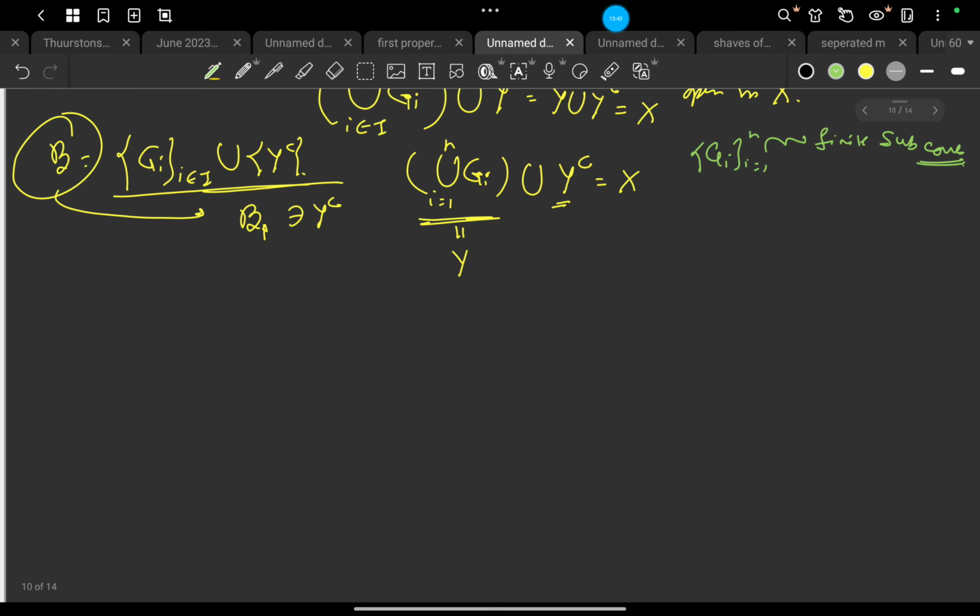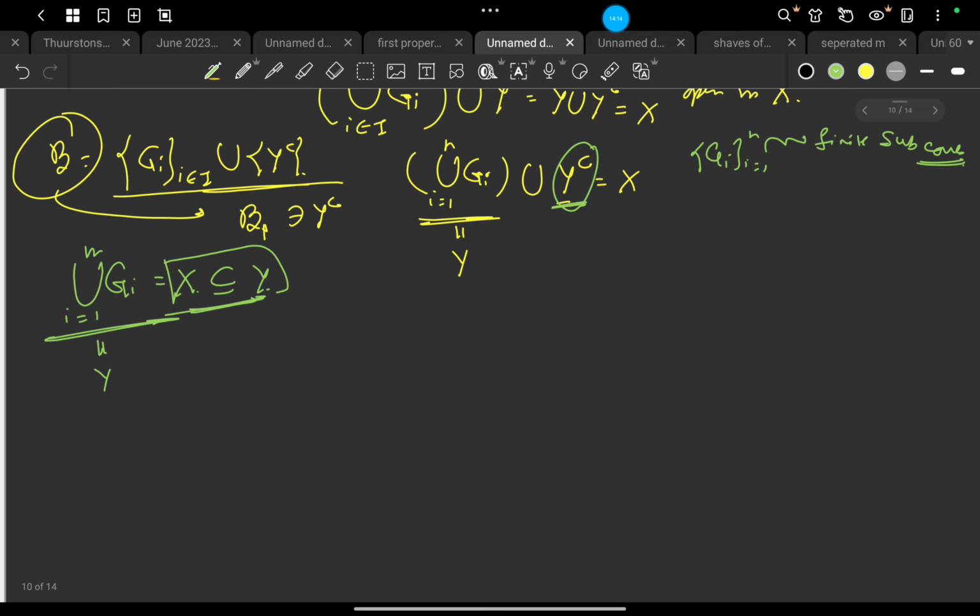But if we consider the union over i equals 1 to n of Gi and it is not the same as X, then of course it has to be in Y, because this collection is a subset of Y, and Y is a closed subset of X. So we can easily say that Y complement must be in X, because X and Y should not be the same.